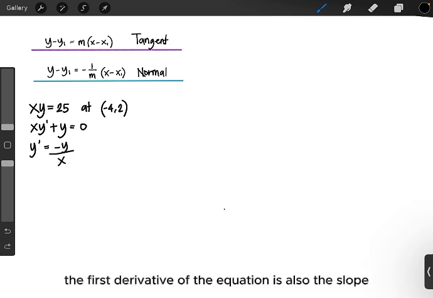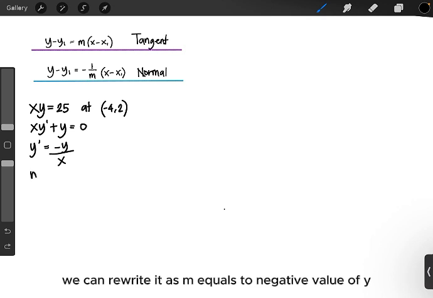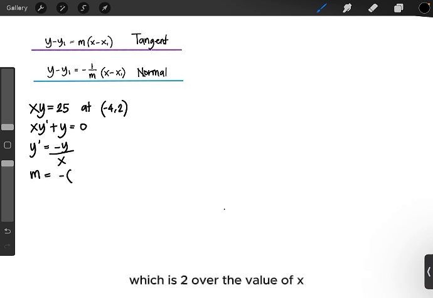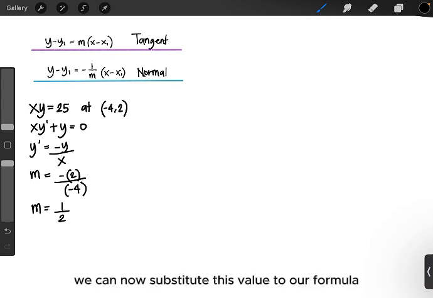Recall that the first derivative of the equation is also the slope. Therefore, we can rewrite it as m equals negative the value of y, which is 2, over the value of x, which is -4. Therefore, the slope is positive 1/2. We can now substitute this value to our formula. For the equation of the tangent line, we have